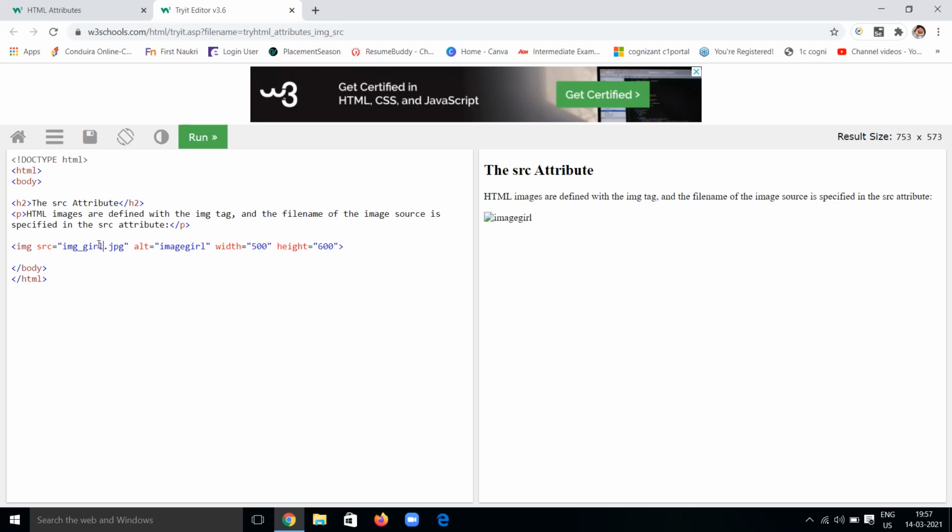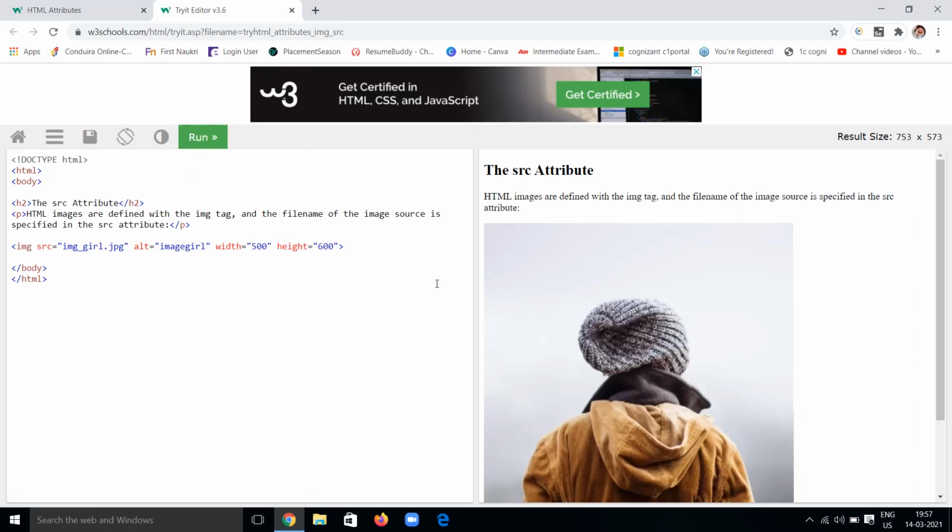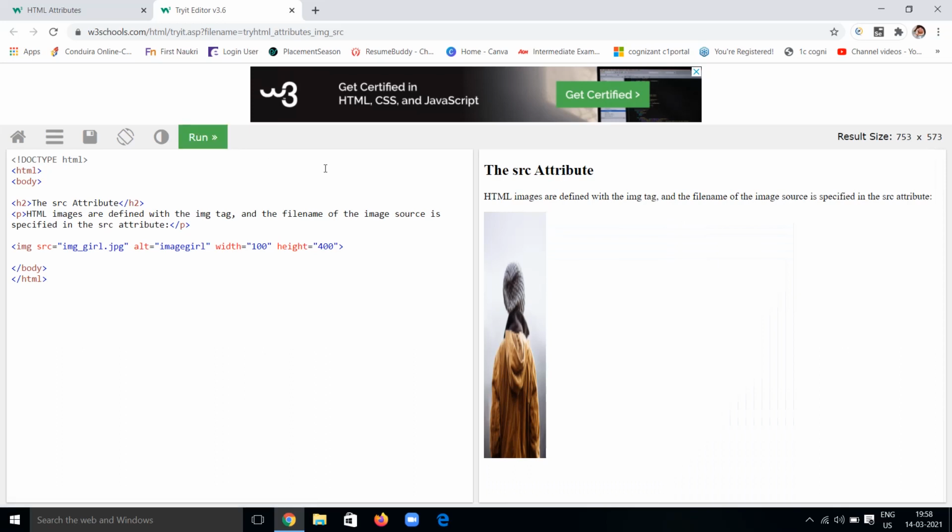I'm giving the correct name here, girl. The path should be correct to give the image. And you can change the size of the image also, like I'm making 100 pixels of height and, okay, 400 pixels of height. Let's see how it will be.